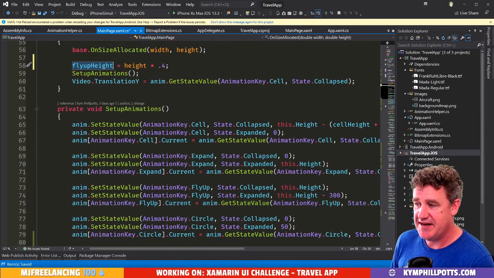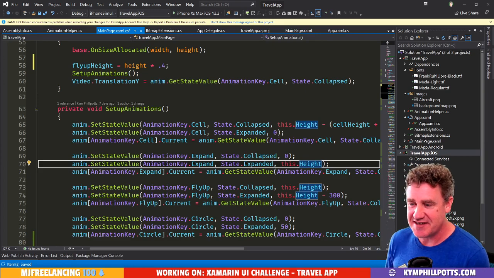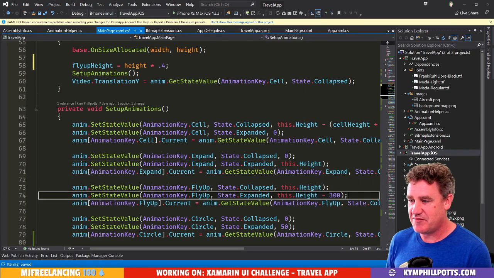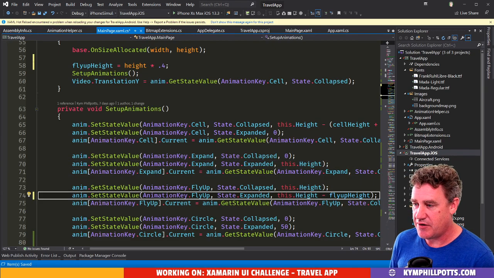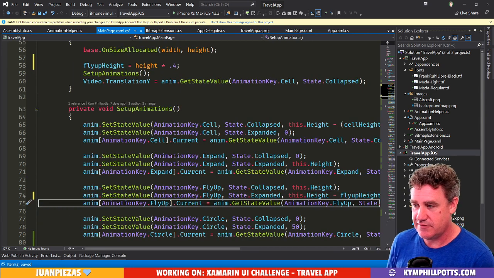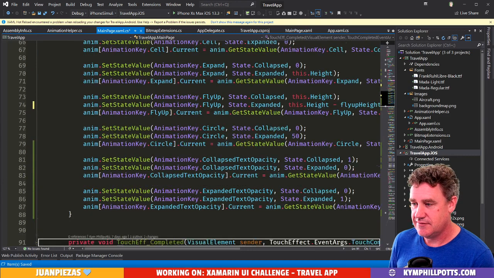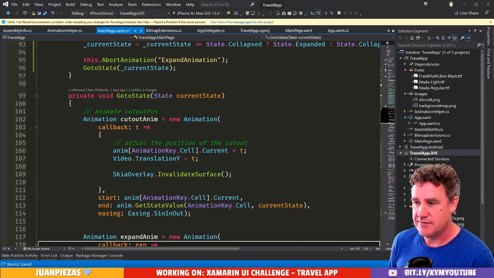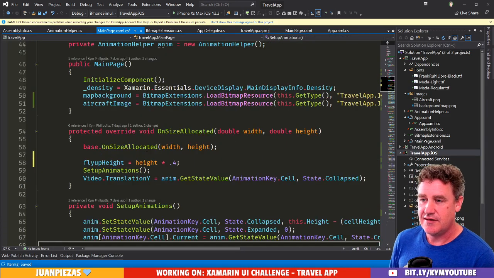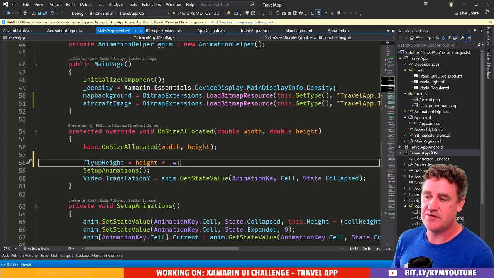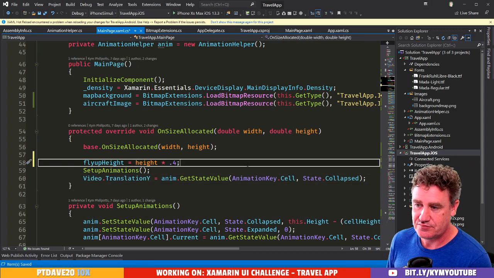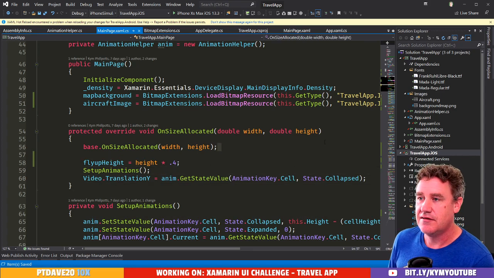And then we'll see how many magic numbers we have here. So that would be that minus the fly up height. And we would also have to do something like